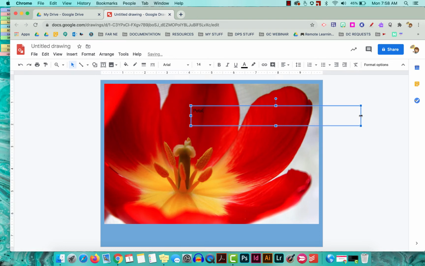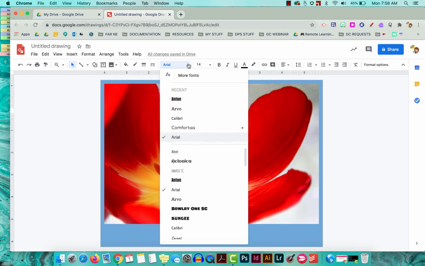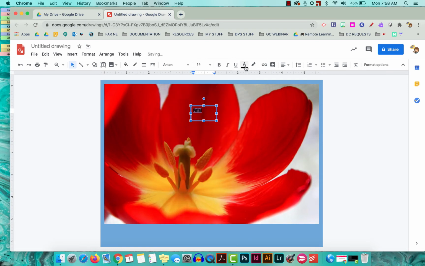It's not very clear. It's hard to see this small black font on that petal, so I'm going to change it to something thicker. I'll maybe make it a white font, and there we go. Now, as a student, I would probably just want to copy and paste this. So copy, paste, and I'll move this down, and I will say, I think this part is called the stigma,